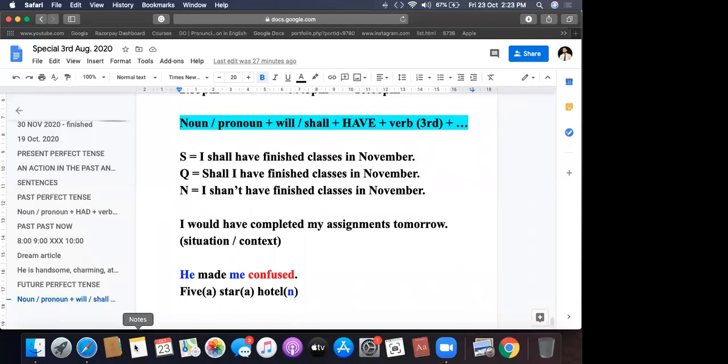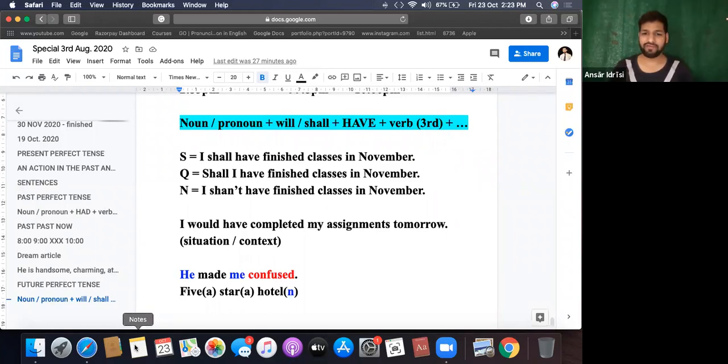Will they have repaired their fridge? They won't have repaired their fridge. Any doubts to anyone? No, sir. Very good. So these are the main tenses we have done here. Present perfect, past perfect, and future perfect, we have finished with it. Apart from this one,